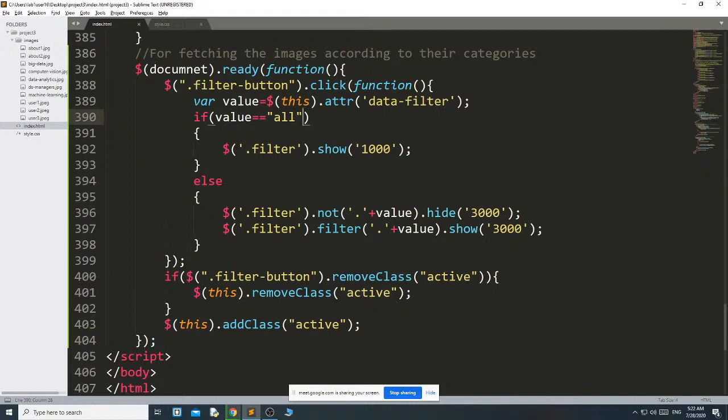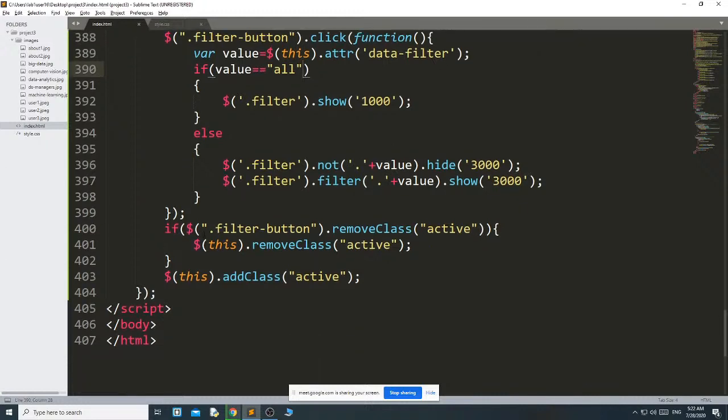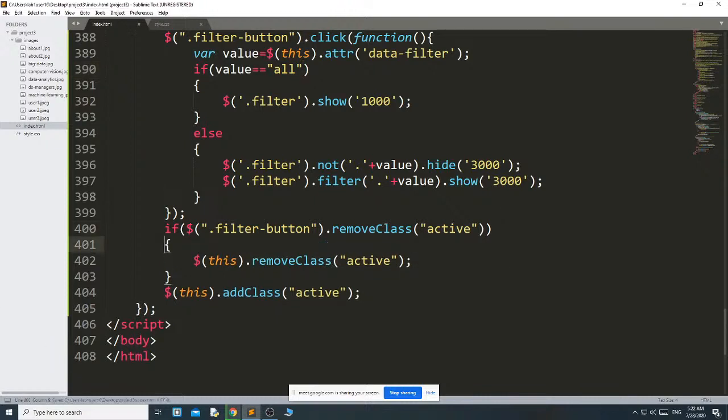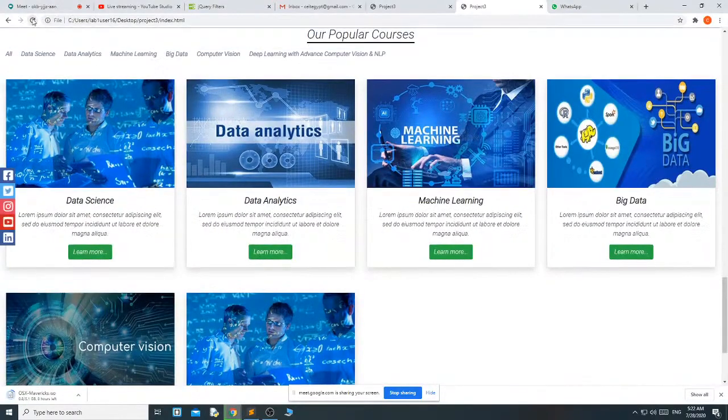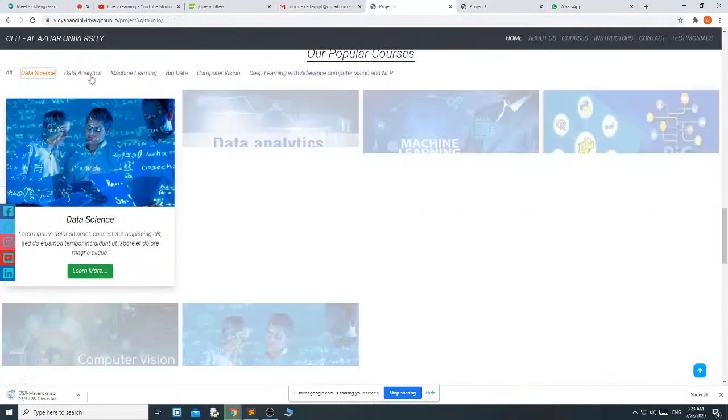Then dollar dot filter button dot remove class active, then dollar this dot remove class active, dollar this dot add class active. I have not done anything wrong, but why is it not working?